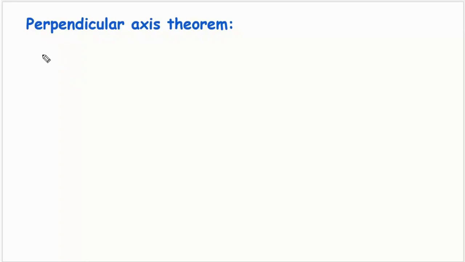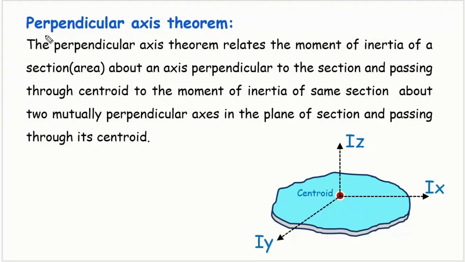Hi everyone, here we are going to study a very important concept known as perpendicular axis theorem. So the perpendicular axis theorem relates the moment of inertia of a given section or area. Suppose we are considering this particular area or this particular section. So the perpendicular axis theorem relates the moment of inertia of this particular section about an axis perpendicular to its